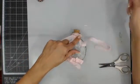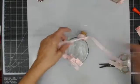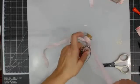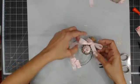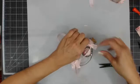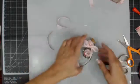Now I want it to dangle down a bit so that it hangs pretty, and you can see on this one how I've left it a little loose here. So we're going to leave it a little loose so that the trinket will lay pretty on the front. Loop our little trinket through and give this one a bow. And this one is just going to be a shoestring bow because no matter what you do, they're both going to hang down. But I do want it to be a pretty bow. All right. Actually, let's get that one a little shorter. And then last thing,